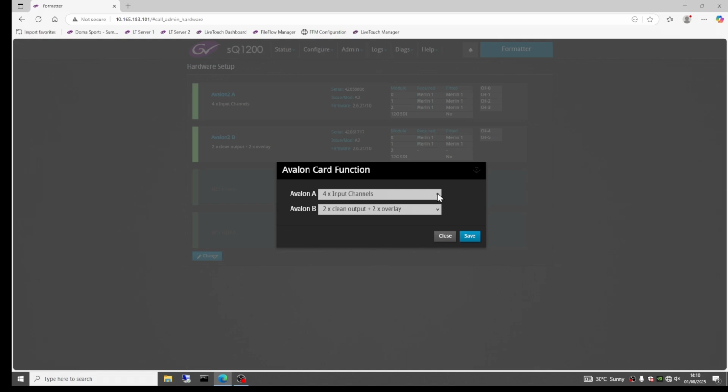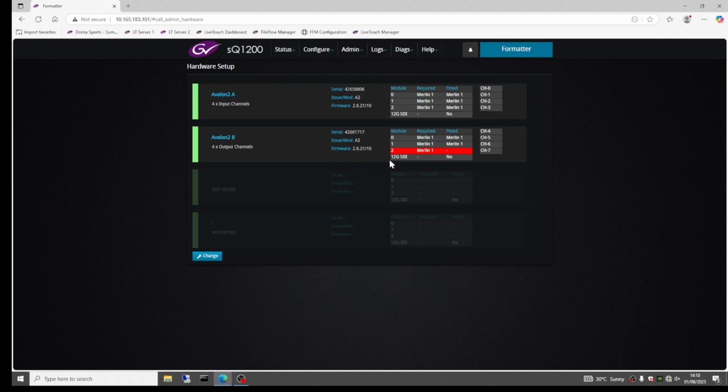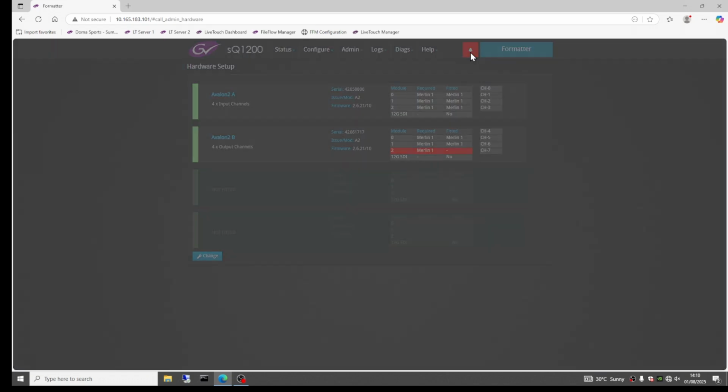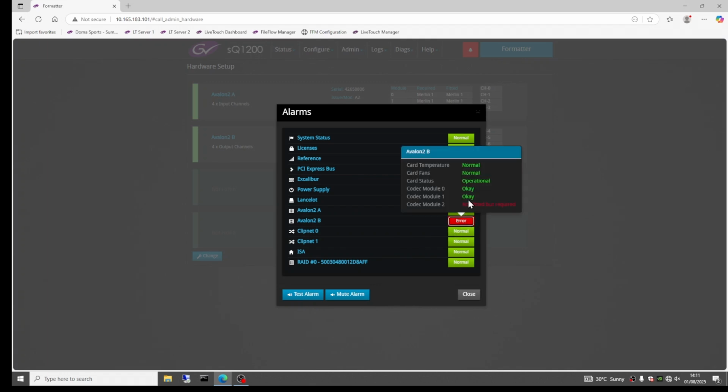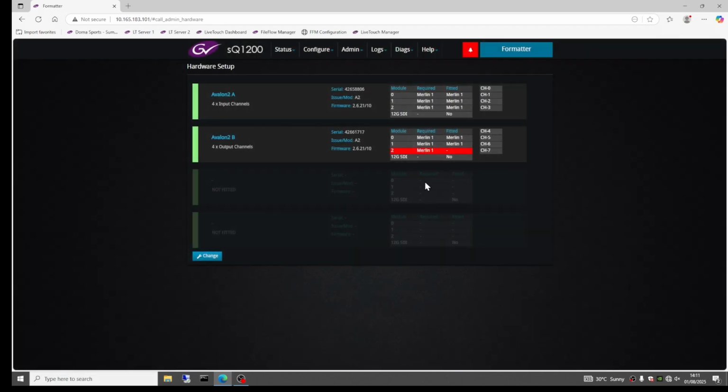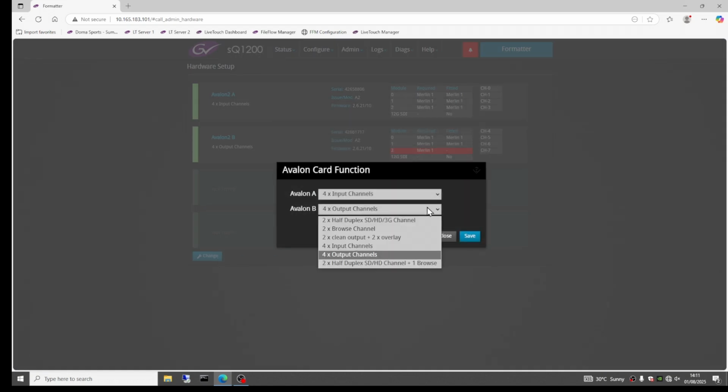Let's try changing this. So let's change Avalon B and we'll go to 4 outputs and hit save. Instantly you'll see the red light come up. This will show you that 3 Merlins are required on this card, but I only have 2. Also, the red alarm button will come up and you'll get a beeping from your crate. If I click on that, it will show you exactly the same message but in a slightly different format. So that shows I cannot have that function on that card. So I will change that back,